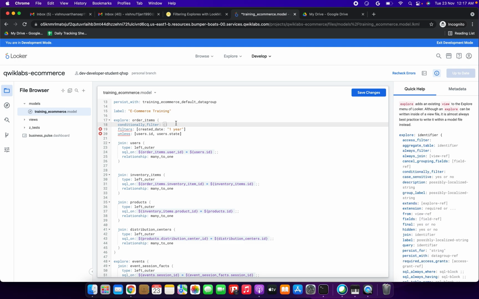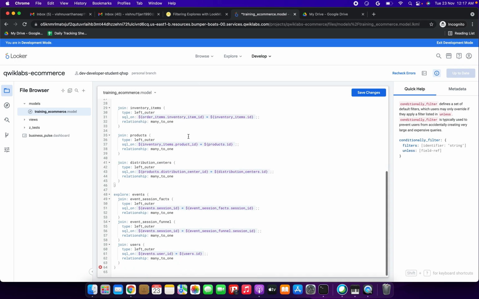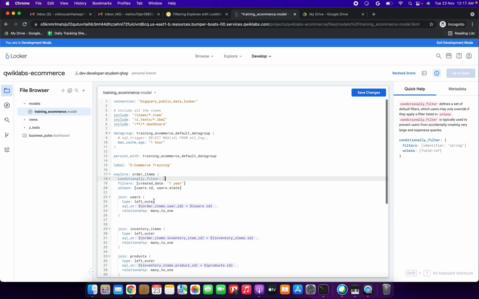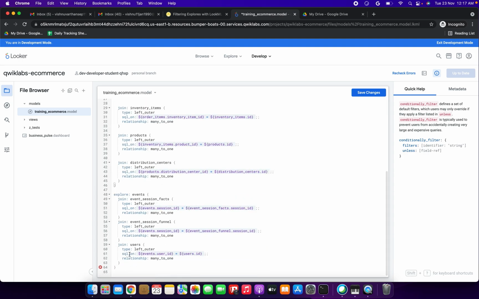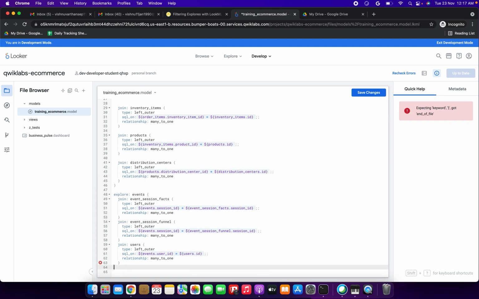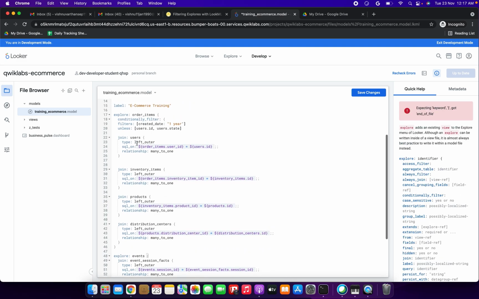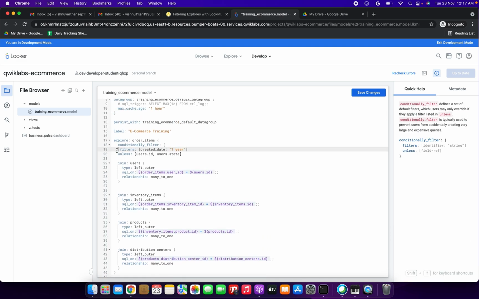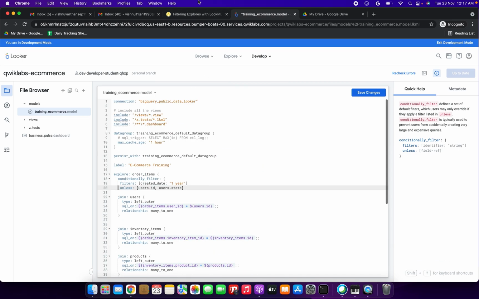It is showing some error. Let me remove that closed brace. Now the error is gone. Let's wait. After that, at line 64, the error is coming. I'm deleting it again, and the error comes again. So we need to rectify something, friends. I'm giving some space here. I think I'm still getting the error.